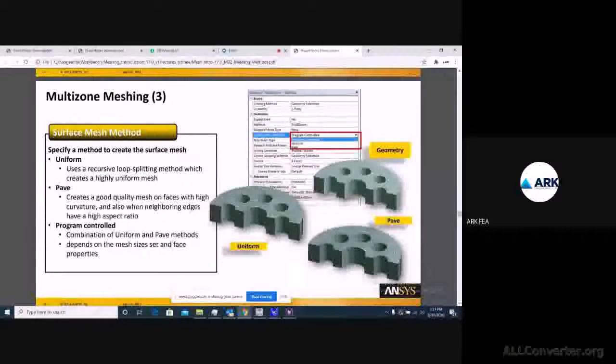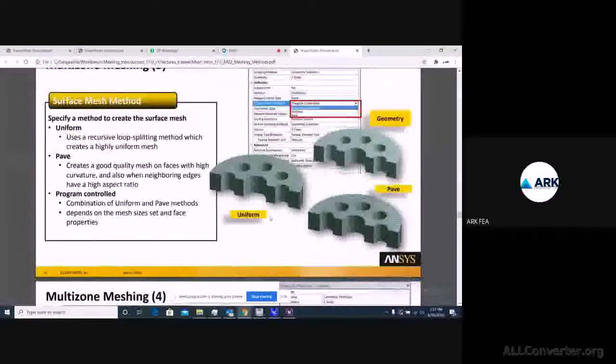So the next one is what we have seen for the uniform one. Right now we have added it. So you can also go with pave when you have surfaces which have high curves existing, and in that case you can also go with pave, or you can go with the combination of pave and uniform, that is program controlled.